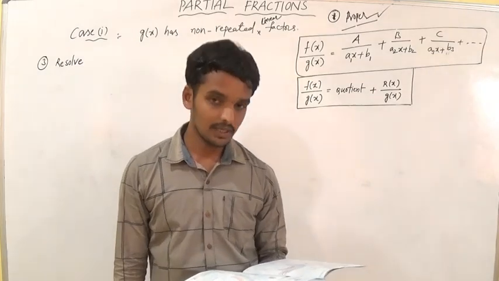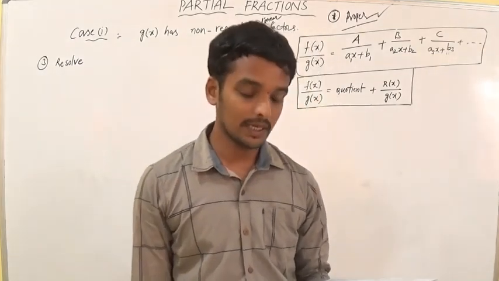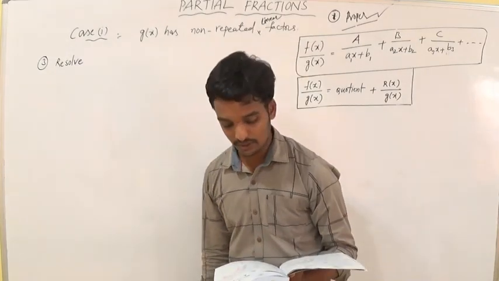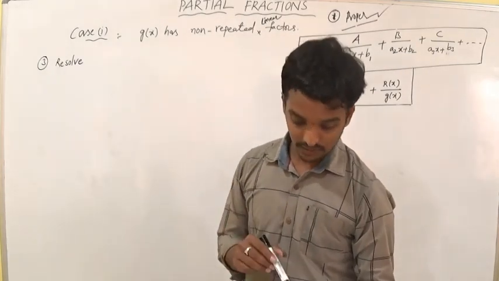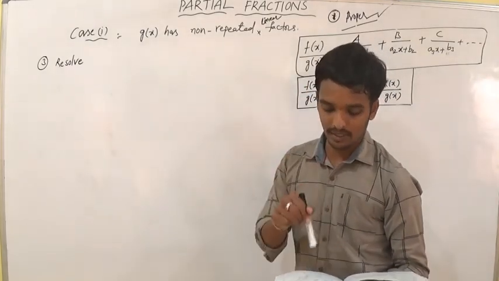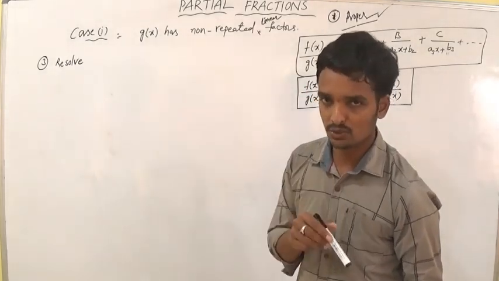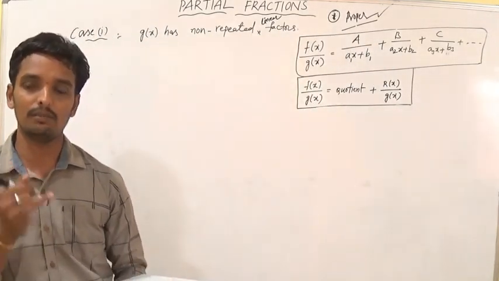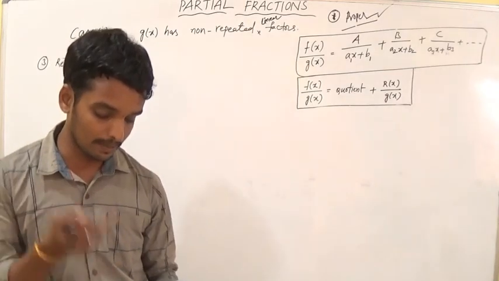x plus 4 by x square minus 4 into x plus 1. x minus 4 is divided into x minus 2 into x plus 2 into x plus 1. So the fifth problem is like our second problem. The denominator has 3 factors: x minus 2, x plus 2, and x plus 1. You will get the values of a, b, c. They are asking what is a plus b plus c.